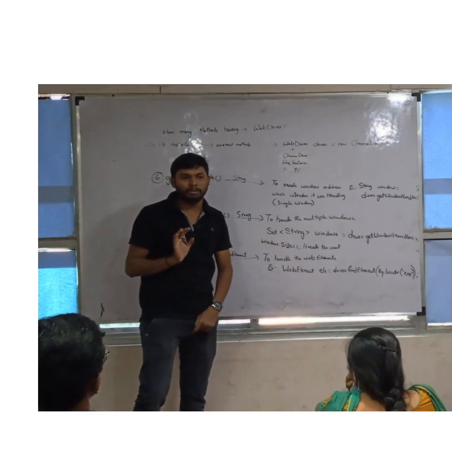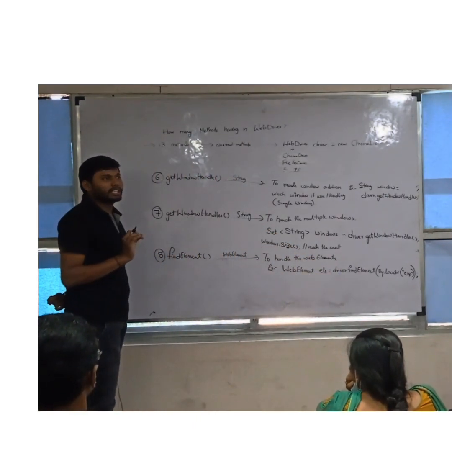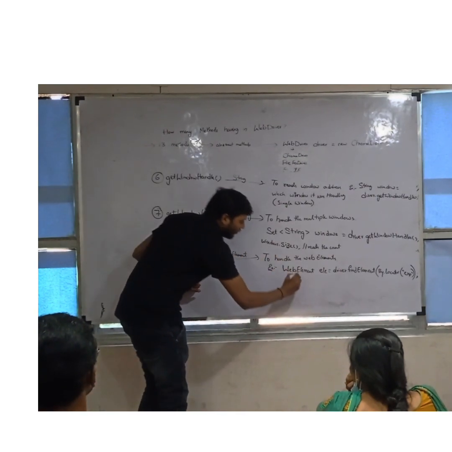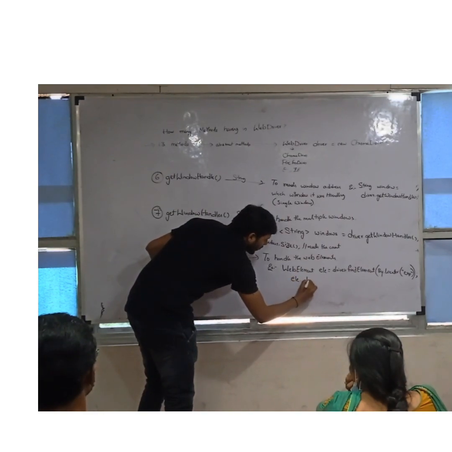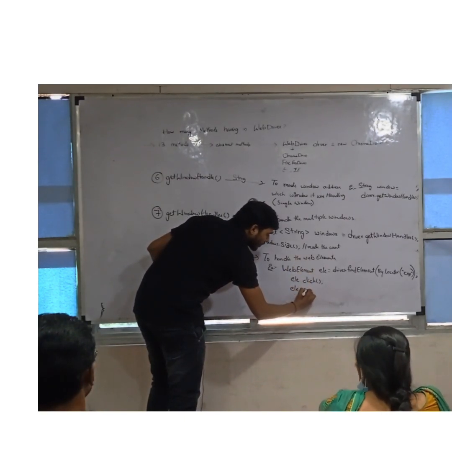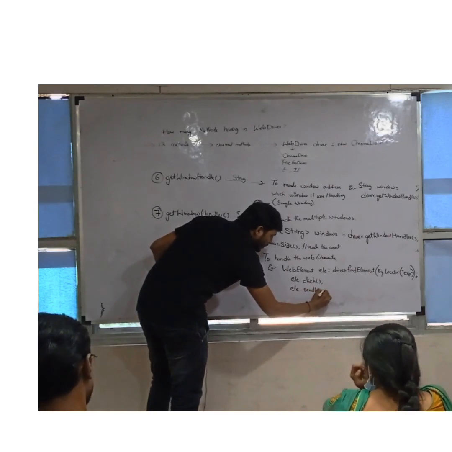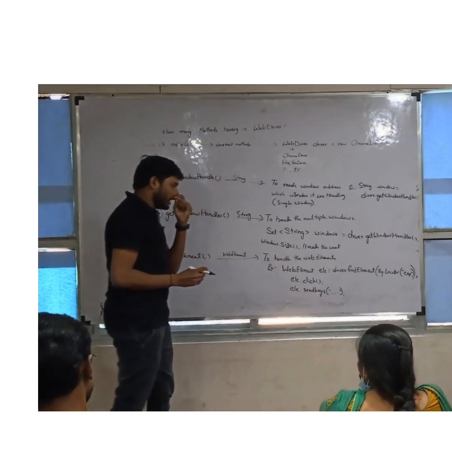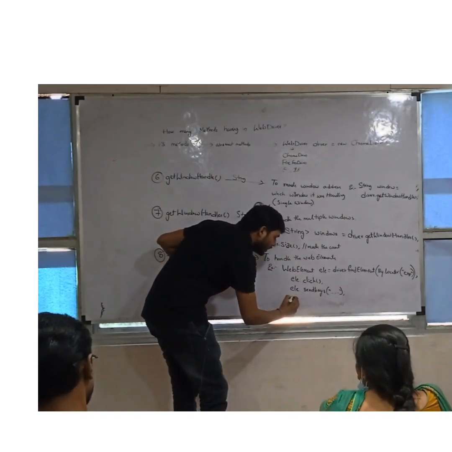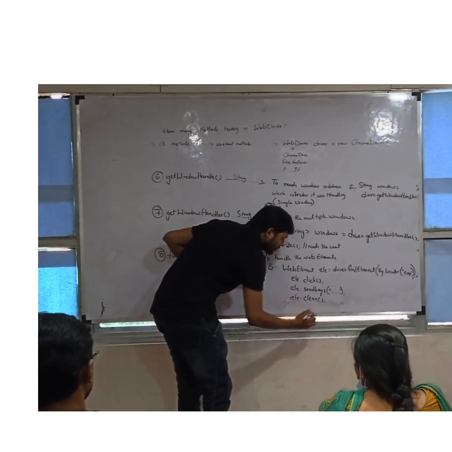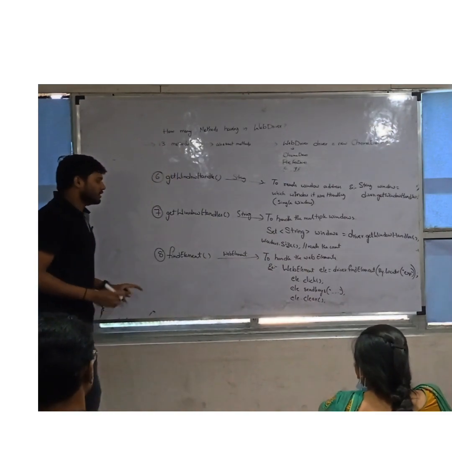This method gets only a web element, and a web element has a lot of commands. If we need to click that web element, we have element dot click. If we need to send any keys to that element, element dot send keys. Another one: if we need to clear the existing content, we have the element dot clear method. These are the methods available further.